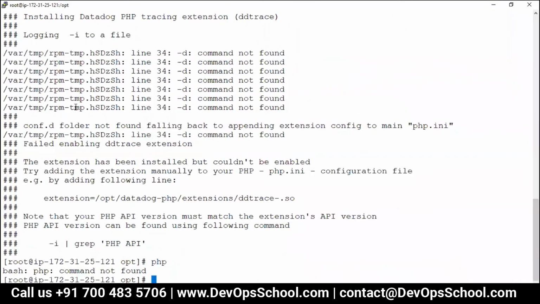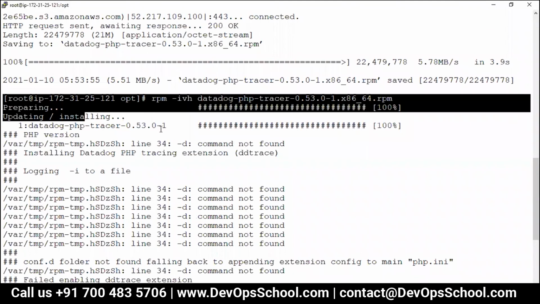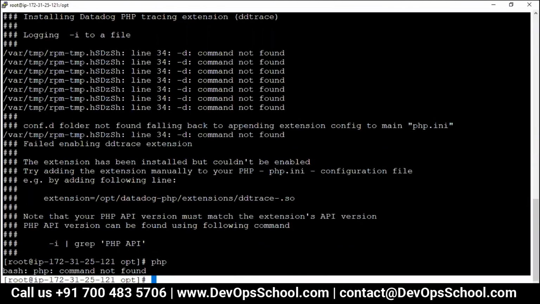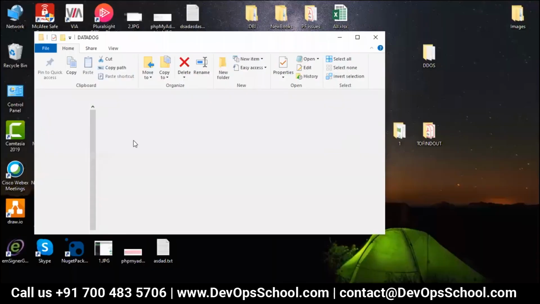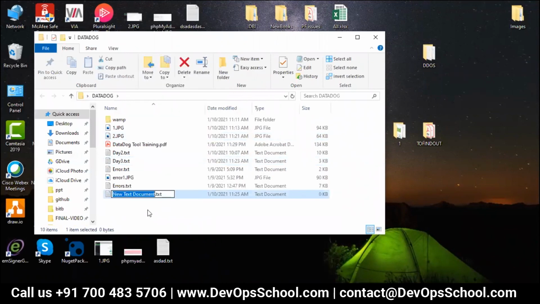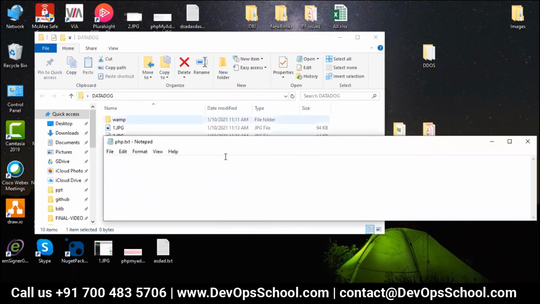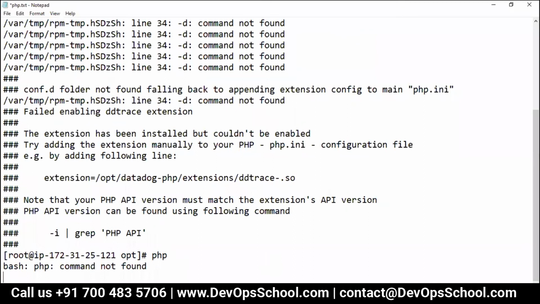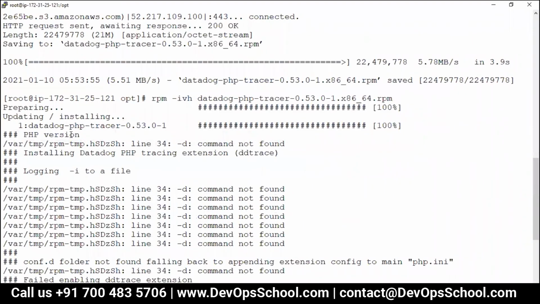So this is a good error. You got it here. So you install this here. I'll store this error. PHP. So here you got this error. What is happening? I'll explain it to you.